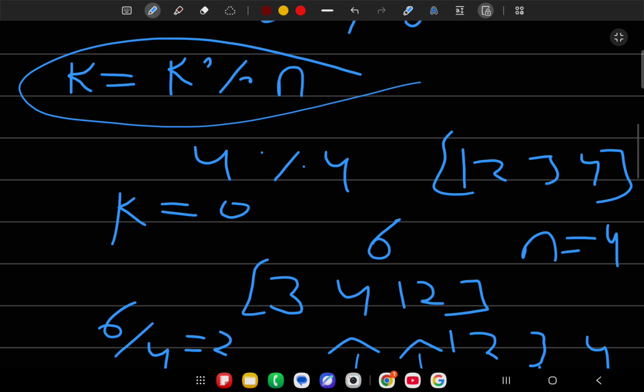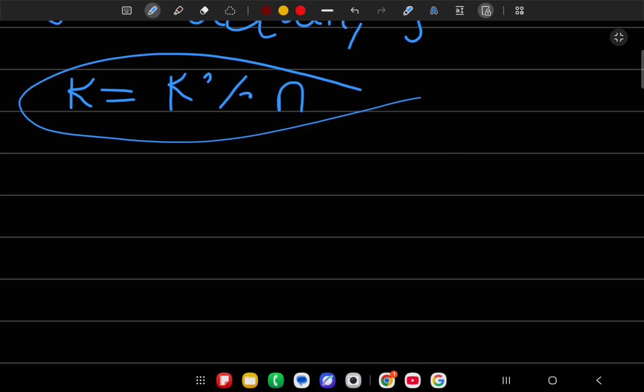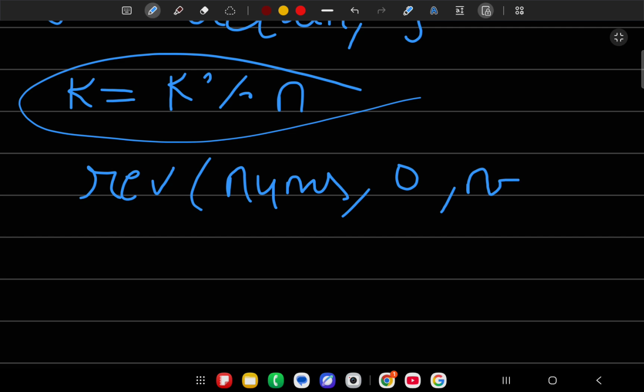Now we move further in our code for the right shift. What we say: we first reverse the entire array. Call a function which we write later, say reverse, which is given nums vector, and give its starting point and ending point for the entire array, that is 0 and n minus 1. When this runs, it reverses the entire array.